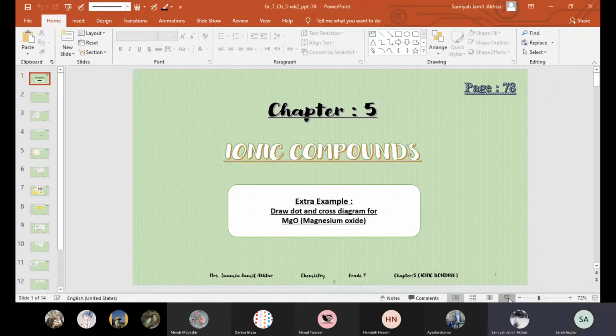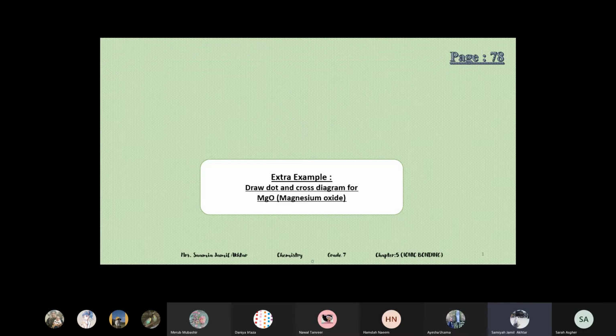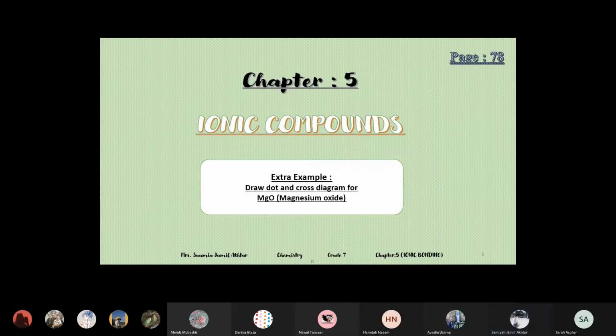Okay, so that example is not in the book, but I will discuss it with you because that example is easy, so maybe it can come. Some of the examples which are present in the book can come in the exam, and some of the examples which I will discuss with you. So whatever examples we are discussing in the class, please note them down. They're very important, so prepare them for the assessments or for the test.